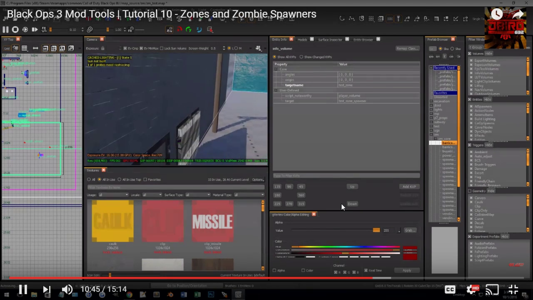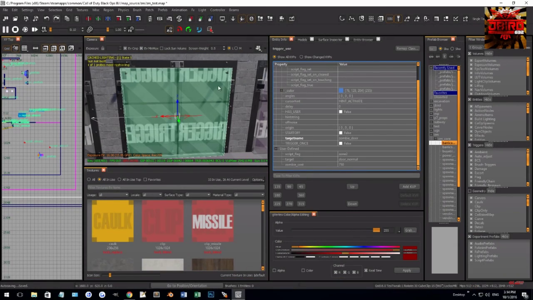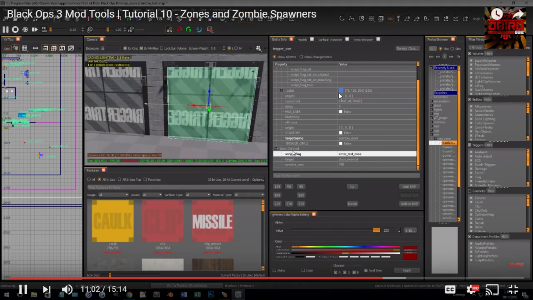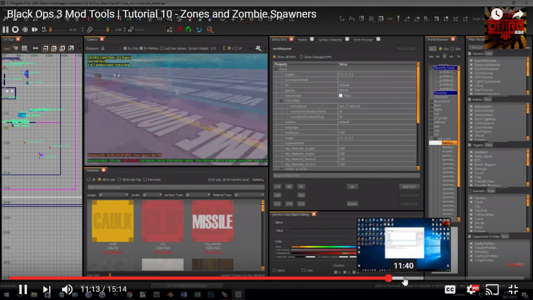So let's say what I showed before in the tutorial was script flag zone 2. Well, I'm actually going to change this. I'm going to do enter test zone as my string. So in the script, what I'm going to do is have a flag set for the zone that is going to say enter test zone, and what's going to happen is it's going to go, okay, we